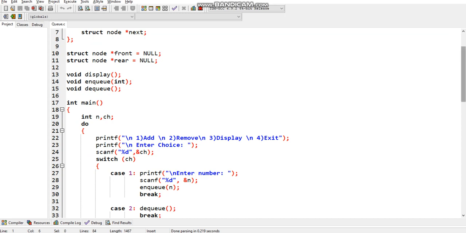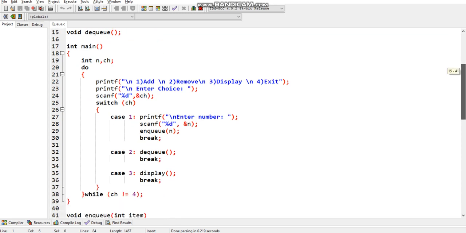So in the main program, we can choose the number. It has a choice. In a do while loop, printf shows the four choices: add, remove, display, and exit. Here we can select the choice.